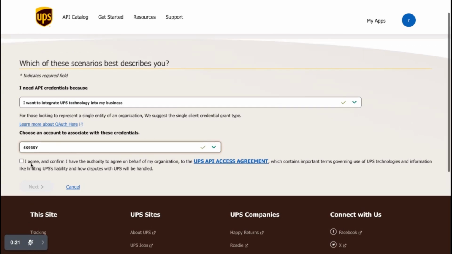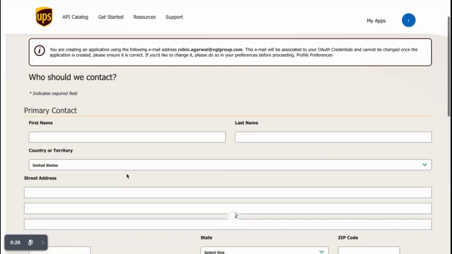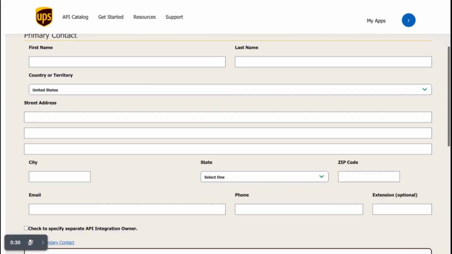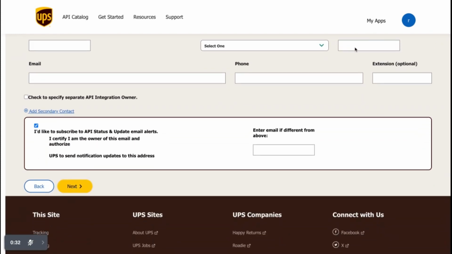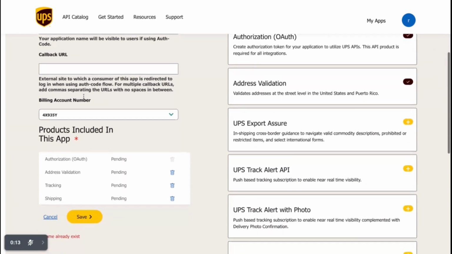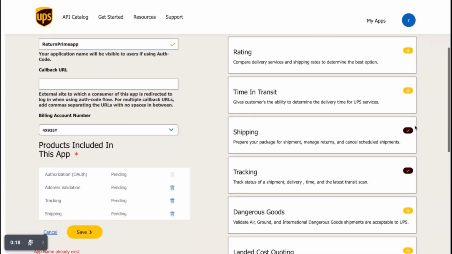select your account number. It will take you to the second step, where you will have to fill in your contact information. Once done, click on Next. Now on this page you will have to enter Return Prime as app name and select Address Validation, Tracking and Shipping API. Click on Save button and